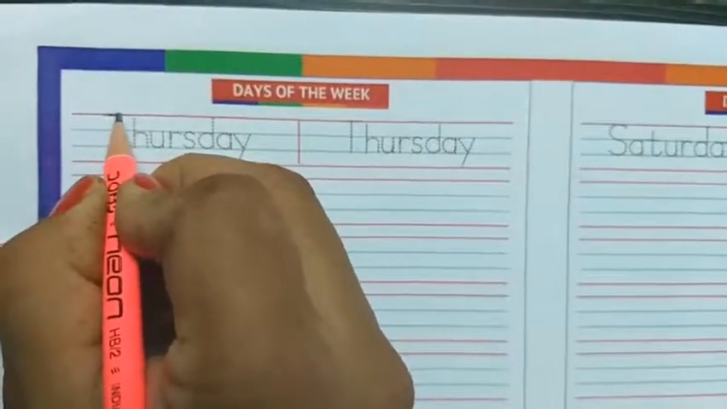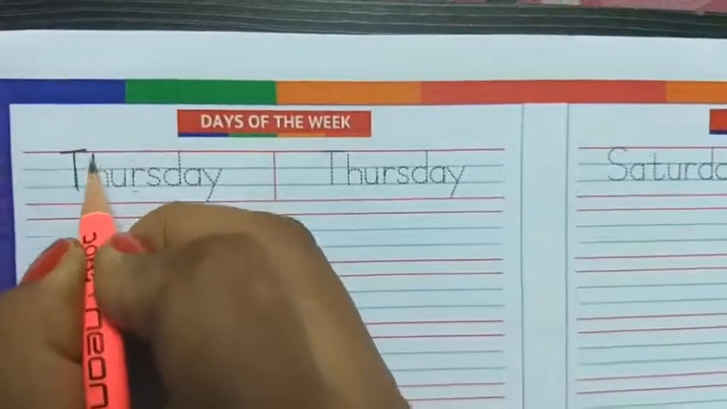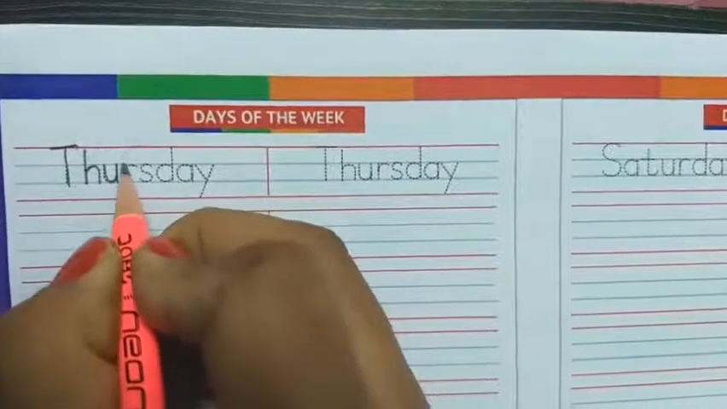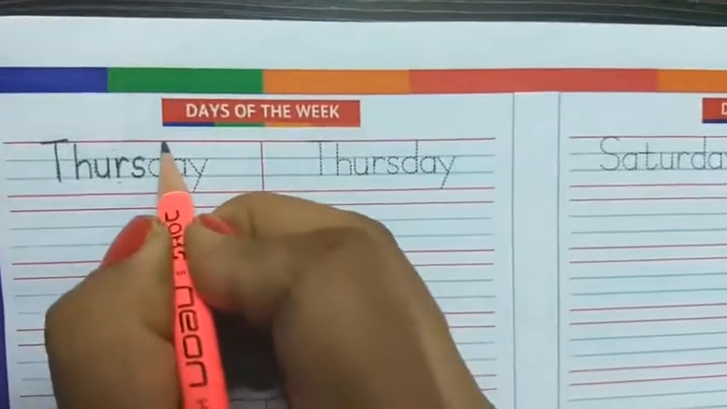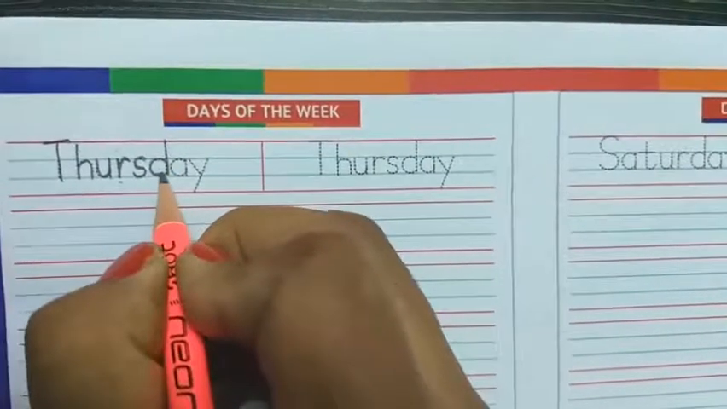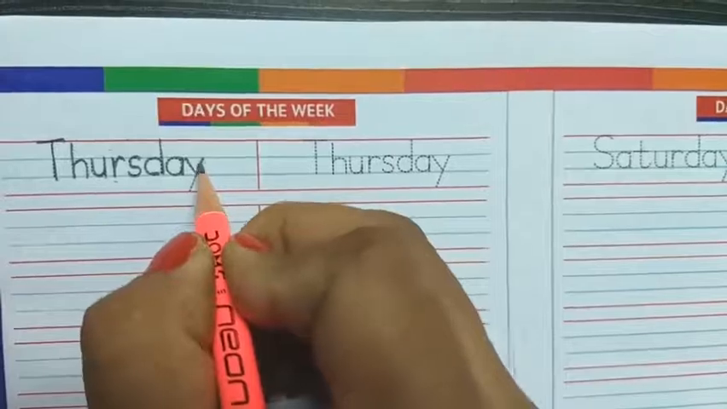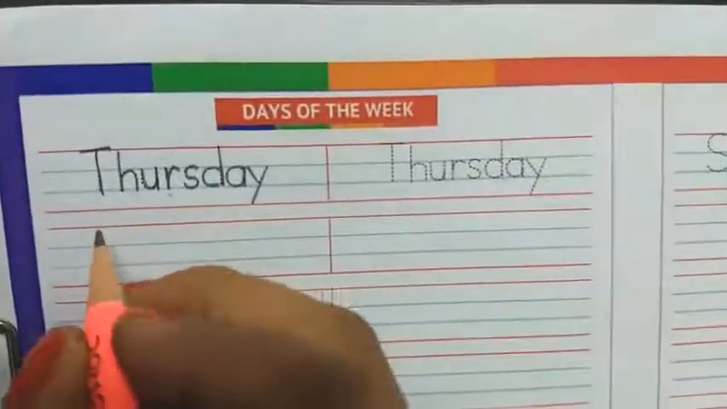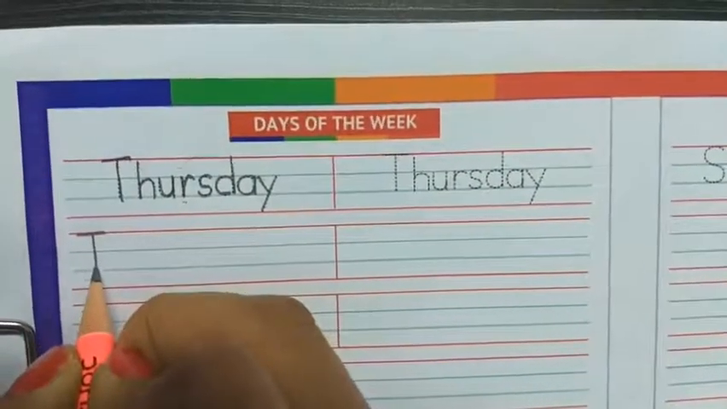First, we will trace capital T, H, U, R, S, D, A, Y. Thursday. Now we'll write below capital T,